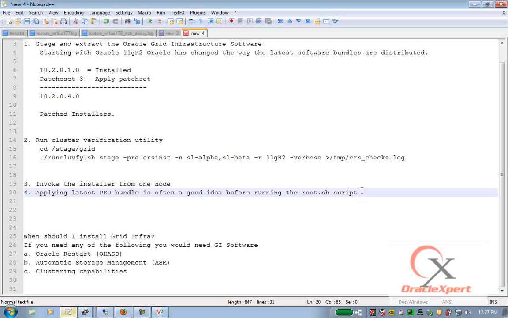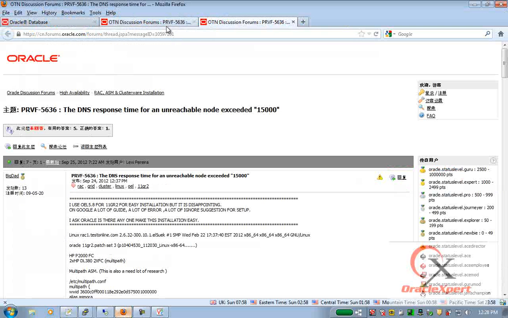So what we should ideally do, my root.sh might fail because of those bugs. It's not failing because I have tested it multiple times. So in our case it doesn't fail. But on AIX I have seen a couple of failures. Because there were bugs in 11.2.0.2, the OS platform was not relevant a year back because of the OS level updates. So what we do normally, we install the grid infrastructure software, but prior to running root.sh, you apply the latest PSU. I'm taking you to support.oracle.com,